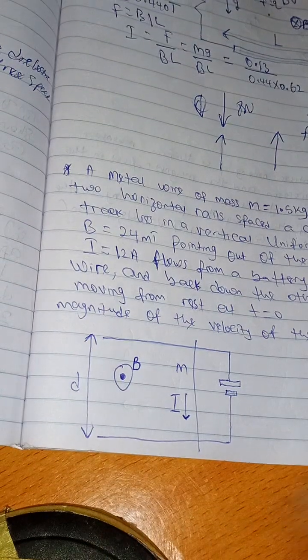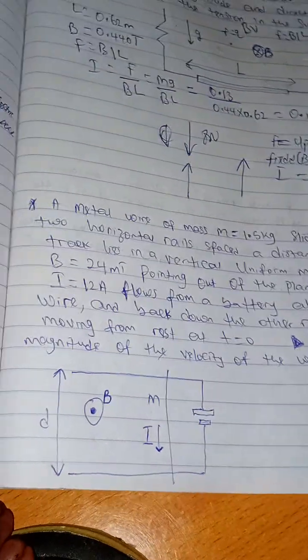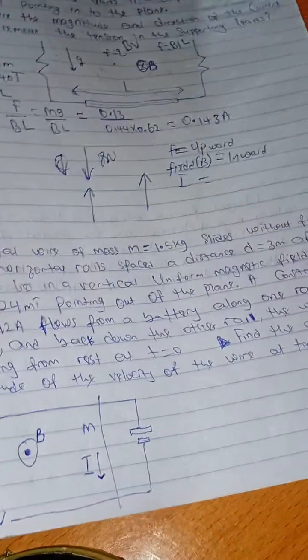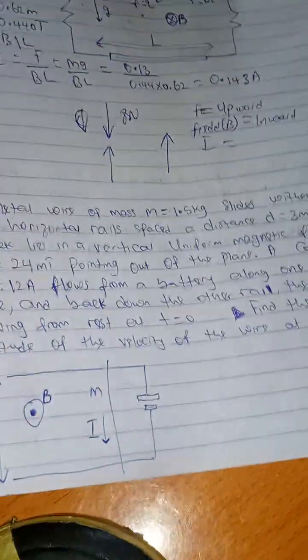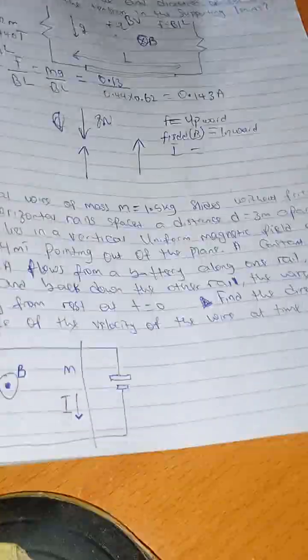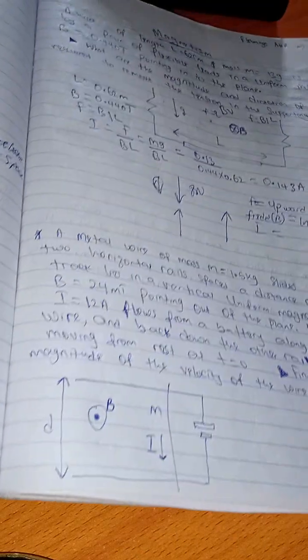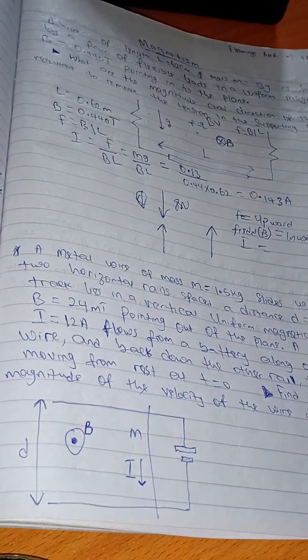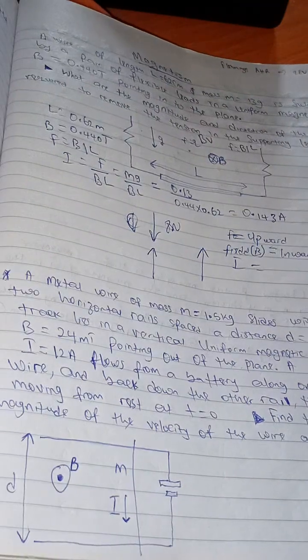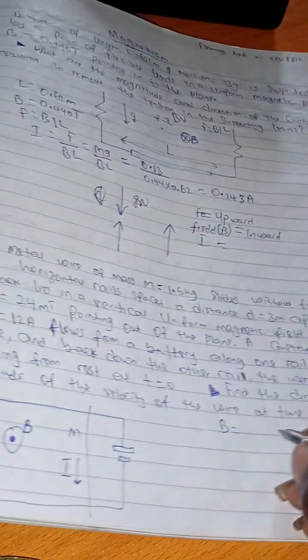Now, check this one. To get the magnitude, it's not even a problem now. A metal wire of mass m equals 1.5 kg slides without friction on two horizontal rails spaced a distance apart. Sorry for the distraction, this is my room. There, our B equals 24